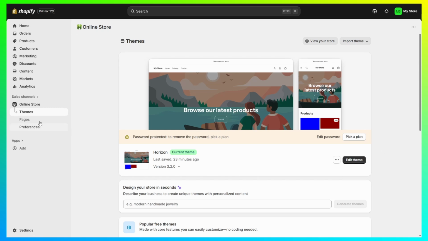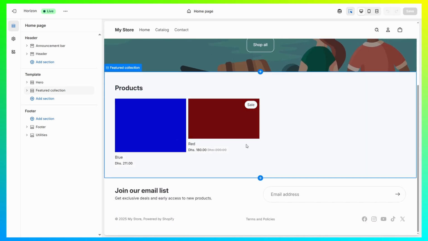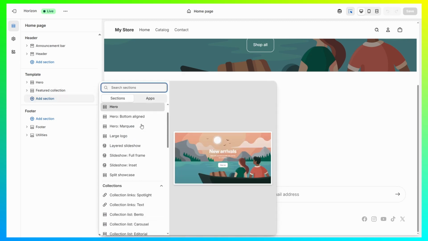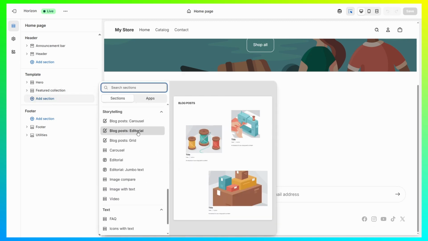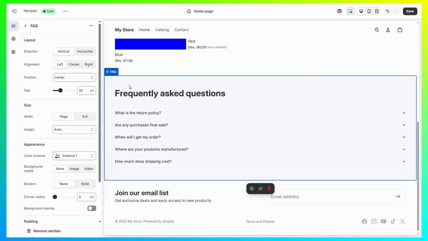First, you will need to just go to your online store, themes, and click on edit theme. Next up, go ahead and find out where you actually want to add the FAQ. So let's just say we want to add it over here. I'm just going to click on add section. Go ahead and scroll down until you find the FAQ. And once we actually add it, we can click on it and we should be able to find a bunch